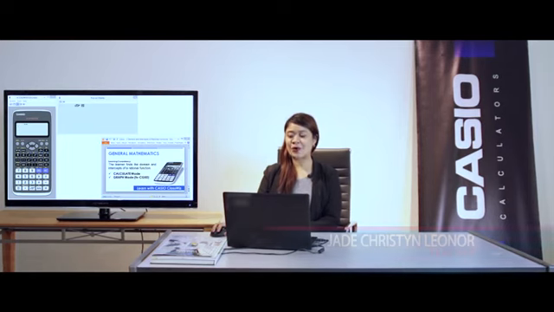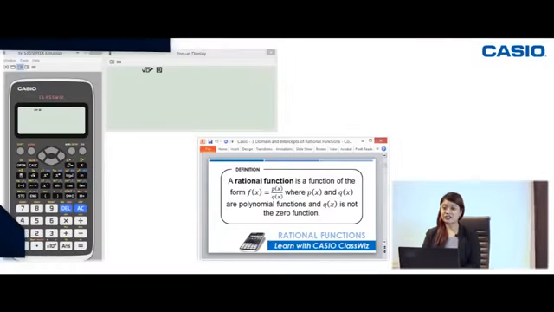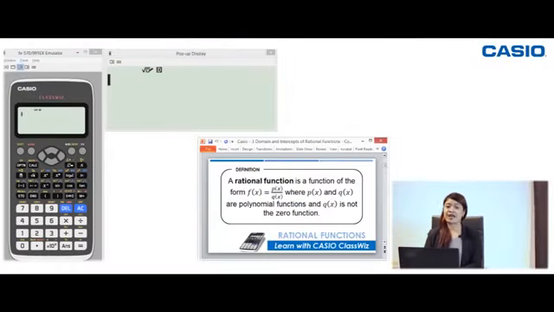In this session, we're going to learn how to find the domain and intercepts of a rational function by using the calculate mode of the Casio Classwiz FX-991EX and the graph mode of the scientific graphing calculator FX-CG50. Let's start. A rational function is a function of the form f of x equals p of x over q